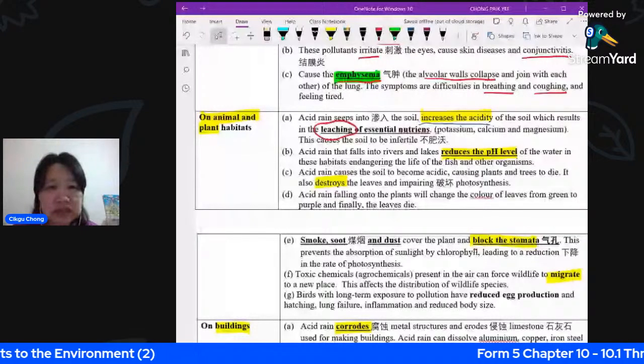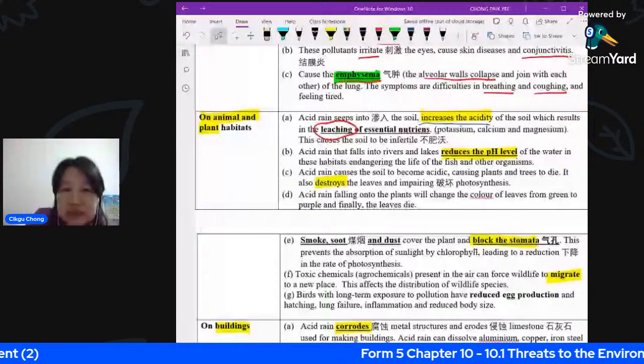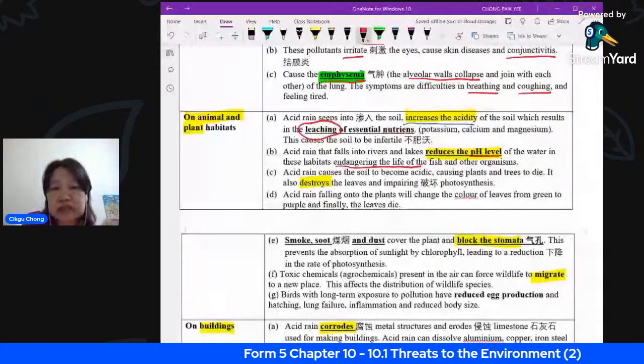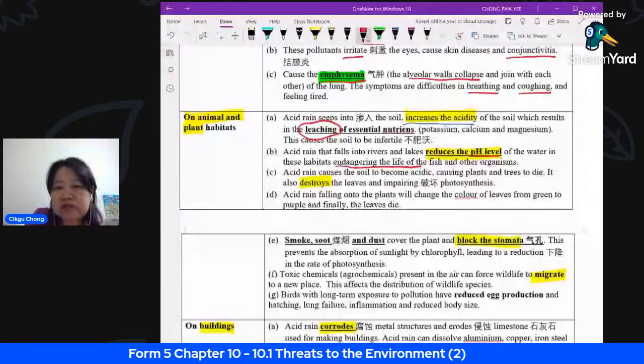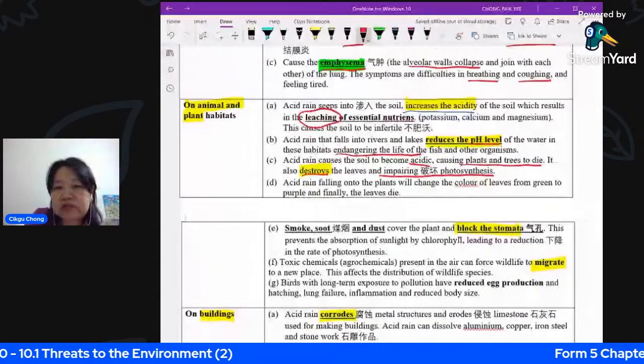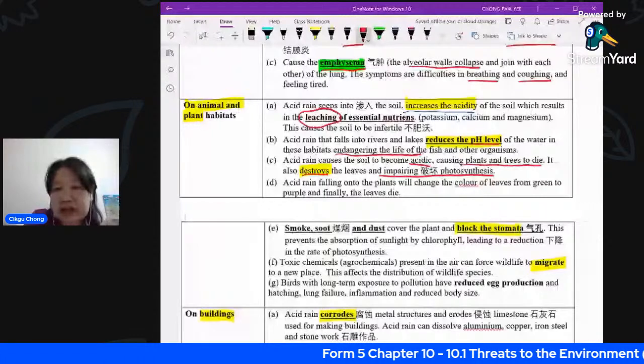It destroys the leaves. It also impairs, that means reduces, photosynthesis because it destroys the chlorophyll in the leaves. It also changes the color of the leaves from green to purple. So it changes the color of the leaves, and when it changes the color of leaves, you find that it